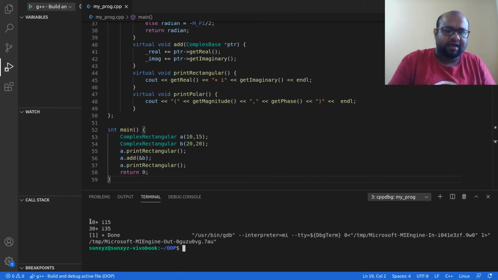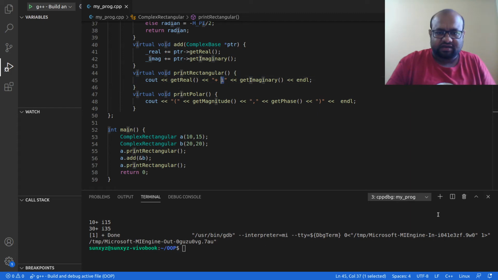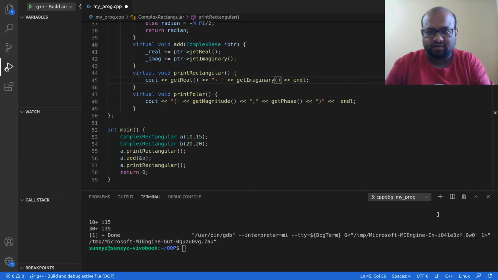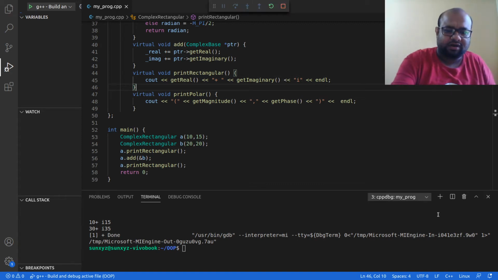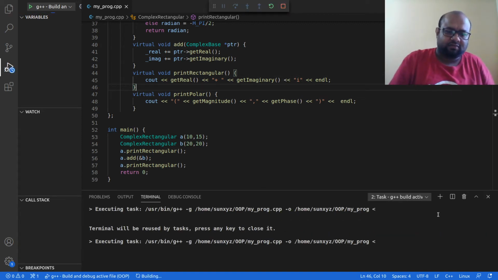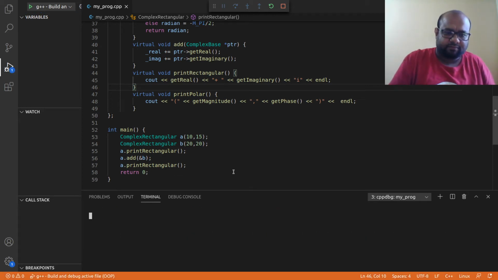Before adding I printed this number 10 plus 15i, but I have written i15. Let me go ahead and change it to 15i. Let me run this again. Yeah.